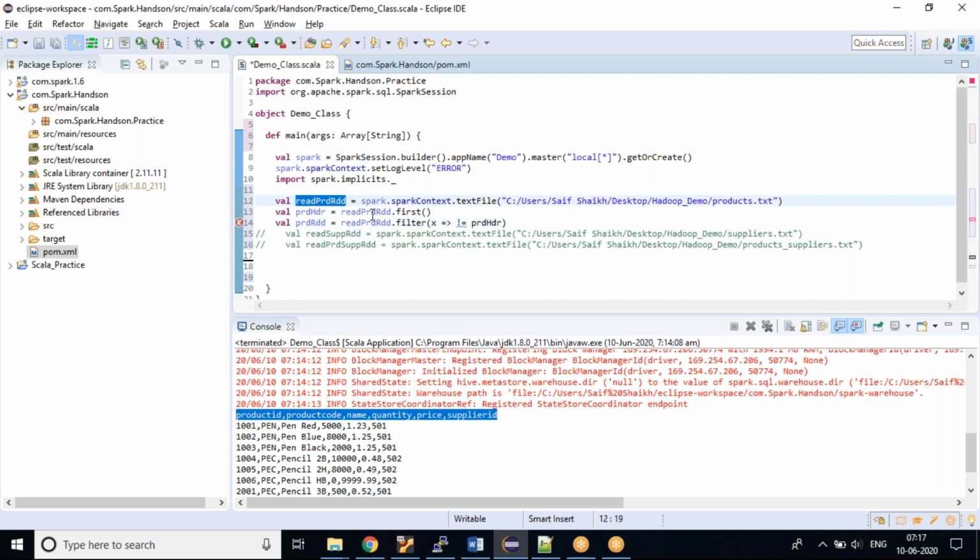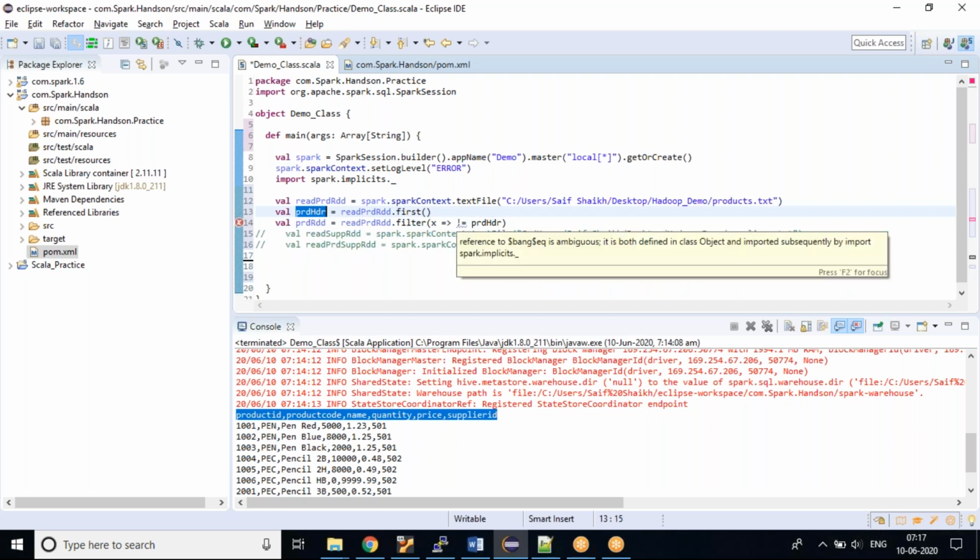Okay, so I'm reading the file. I've read the first, so I'm getting the first, the product header, from this original RDD. What I'm doing is filtering row not equals to product header. It says ambiguous, both defined in class object and in the imports path implicits.